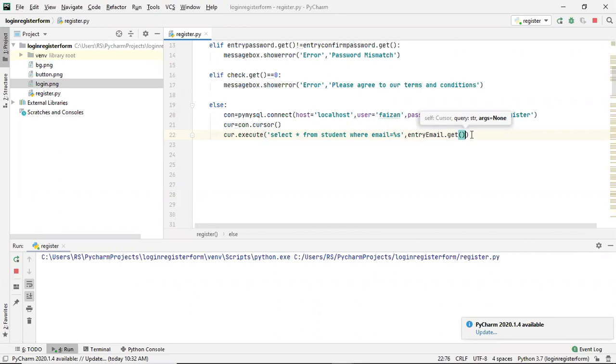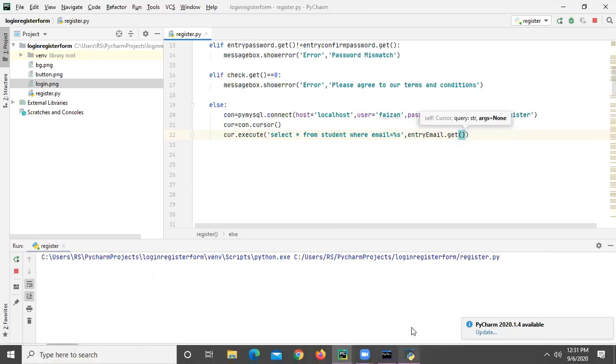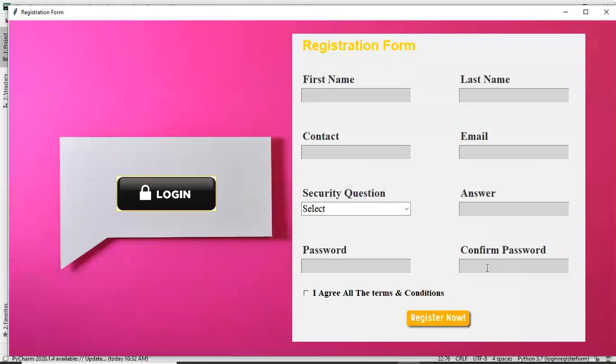What I'm doing here is simply checking whatever the user has typed inside this form. I'm checking this email column, whether this email already exists in our database or not.